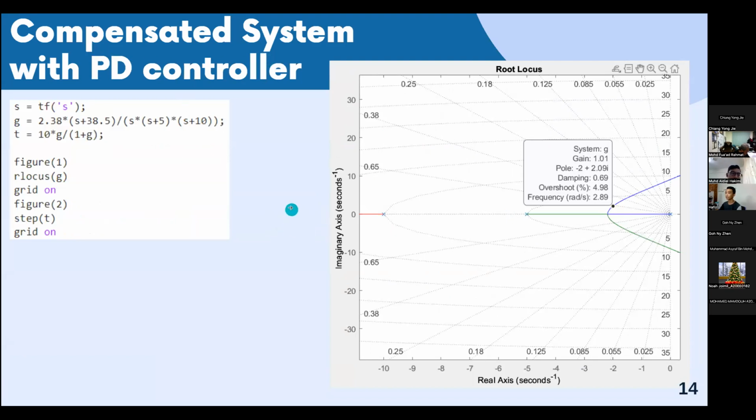So after we have done the calculation and the system with PD controller, we use this MATLAB code and use the new equation to plot the compensated root locus. And as we can see here,